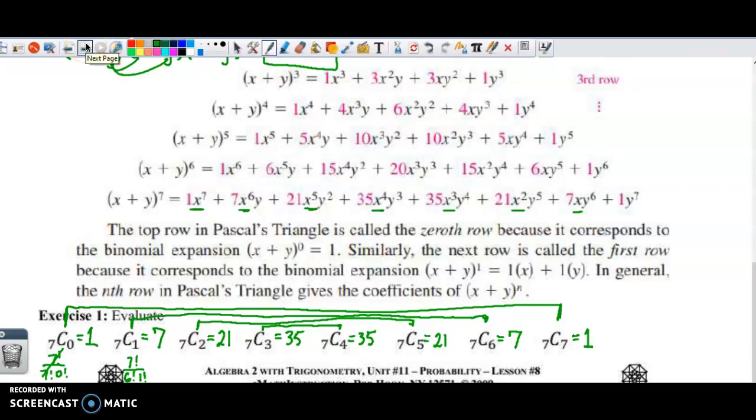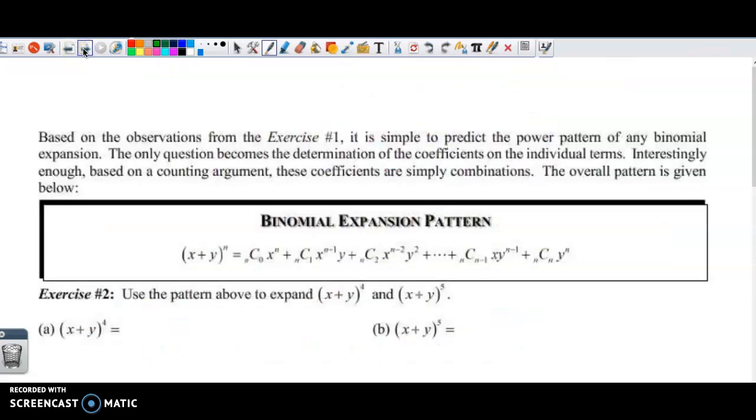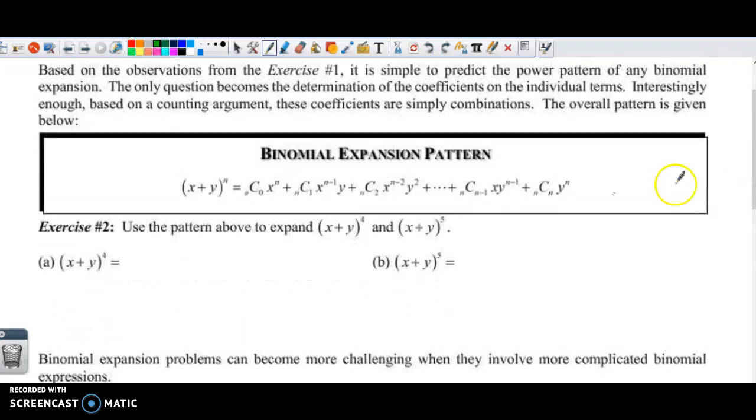I think I've said everything I wanted to about this. There's a lot of cool things about Pascal's triangle, but I'm trying to keep this video somewhat short and to the point, which I probably won't be able to do. So I'm giving you two options. You can do Pascal's triangle, you can do the binomial expansion. I should probably explain why it's called a binomial expansion, is because this is a binomial and it's a shortcut to other pieces. Now, if you're a fan of following this formula, which is pretty tough to read here, but hopefully it's readable on your page,